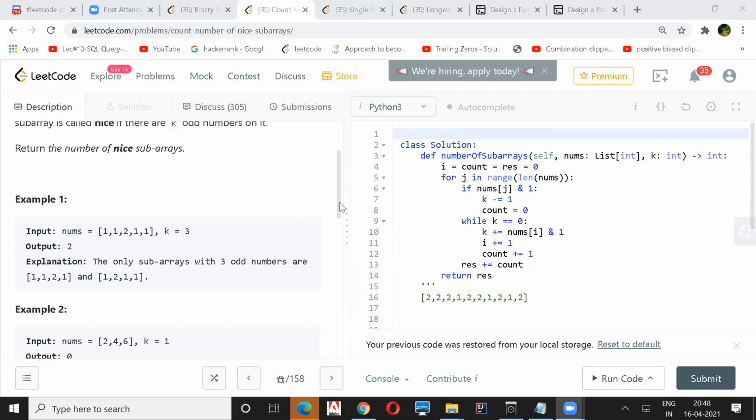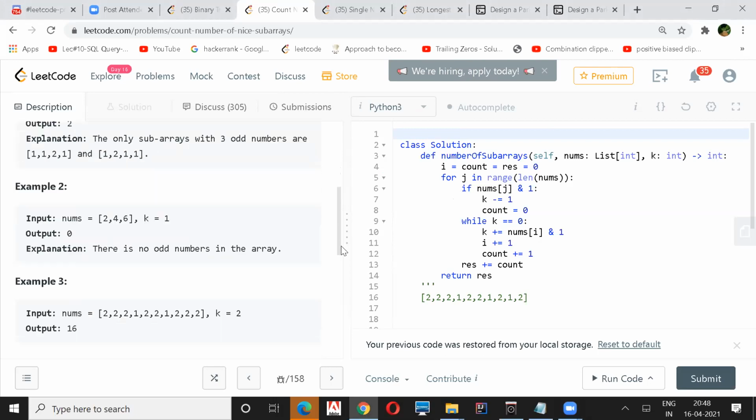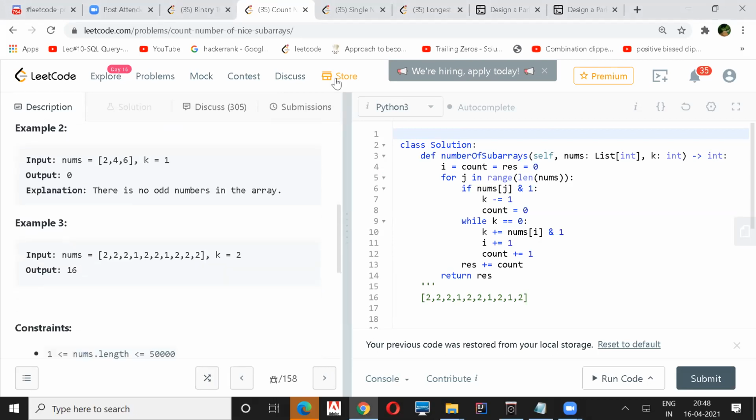So I just want to know how that works here because in this case the output is 16. And most of these values are not odd, they are even. Only we have two values which are odd, 1 and 1, and K is equal to 2. So let me walk through in this case so I'll understand it much better.